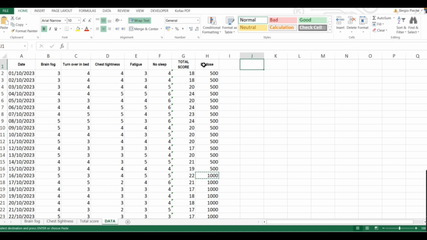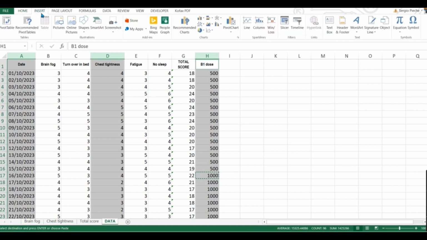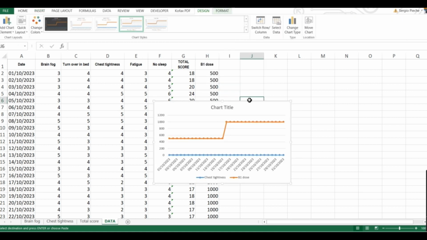I want a chart now which shows me the date the symptom chest tightness was assessed, the score and the B1 dose at the same time. So we will select with the same approach column A, the date, column D, while holding the control key down, chest tightness, and column H, where I have the B1 dose included. I go to Insert, Line Chart with markers,